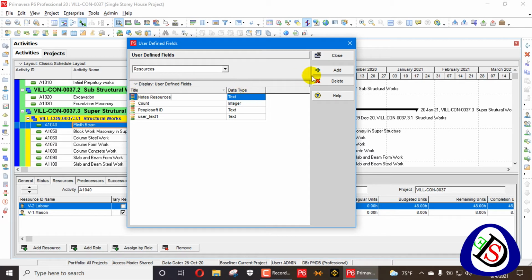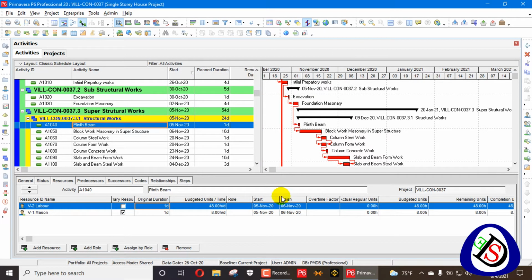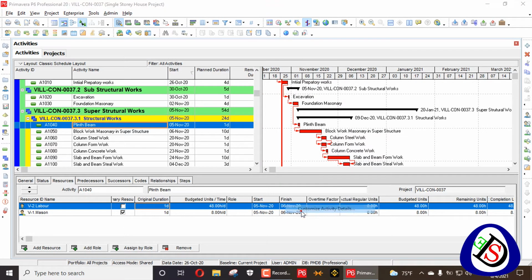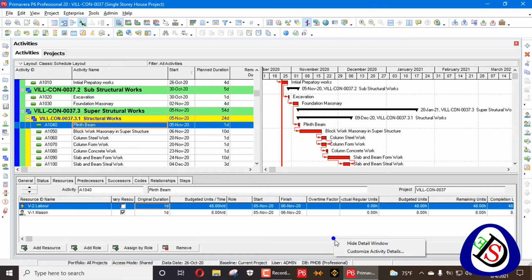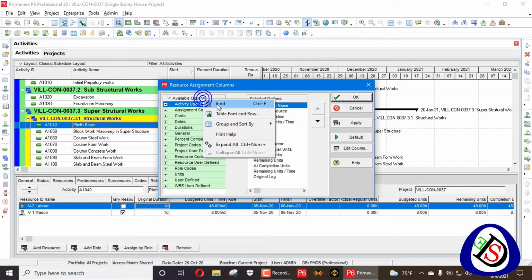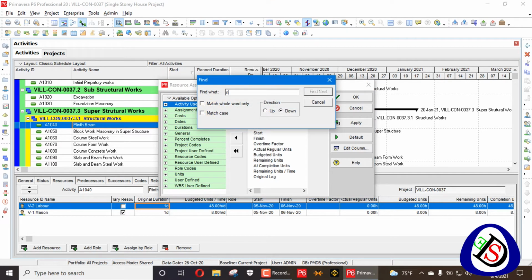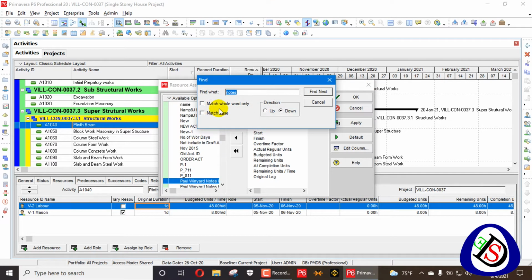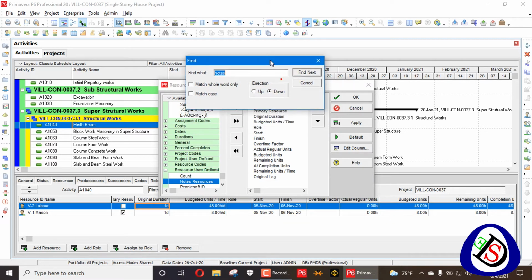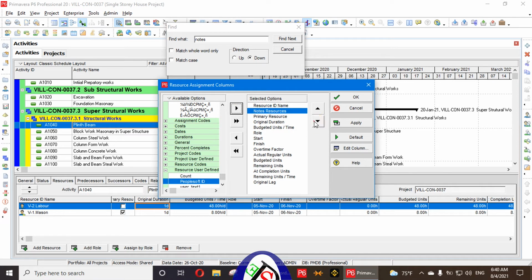So this one is text here, and I will just close this one, and I will go here in the customize resources column, and I will find notes resources. Here I will add notes resources.